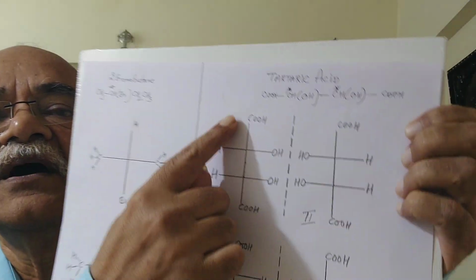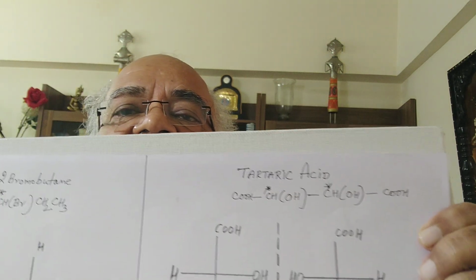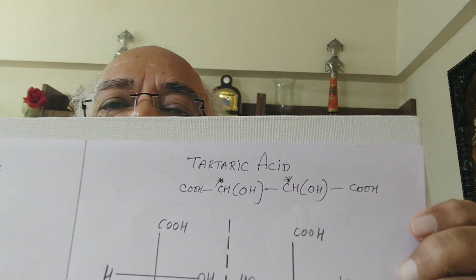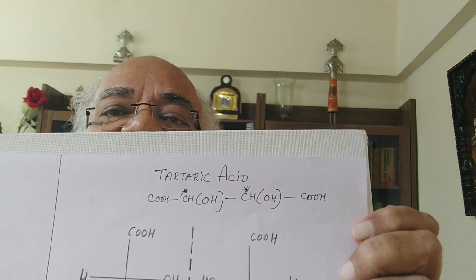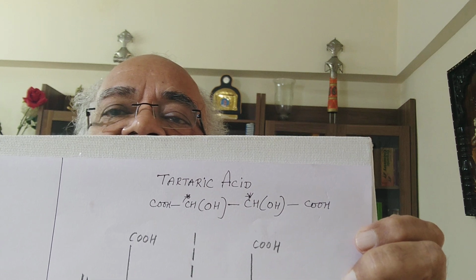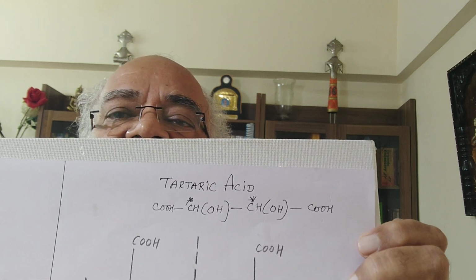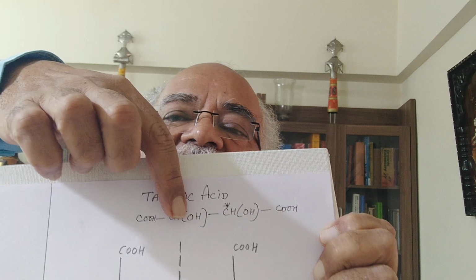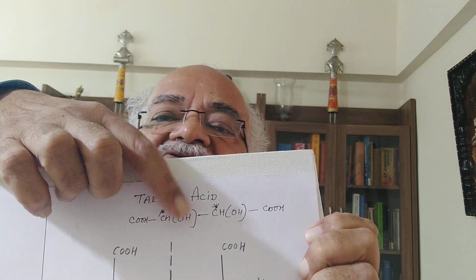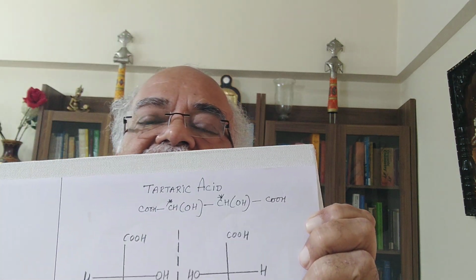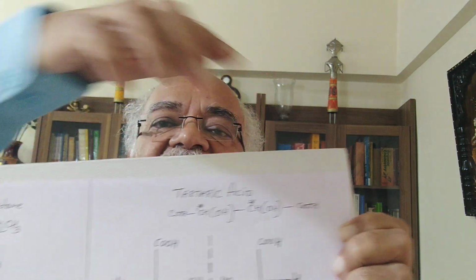of the chiral center. So I have written here a molecule which is called tartaric acid. The formula is this. I suppose you can see that easily. This is COOH, CHOH, CHOH, COOH. It is a dicarboxylic acid. And I put a star over the carbon. That means, watch out for the first star here. What is the environment of this? On one side I have COOH, on the other side I have OH, and this is H. And the rest of this group, this entire thing, is the third group. Similarly for the other one.